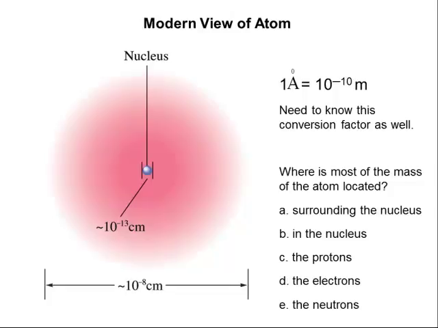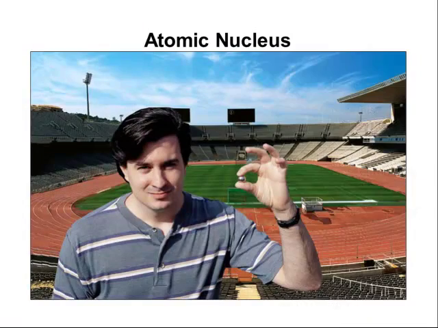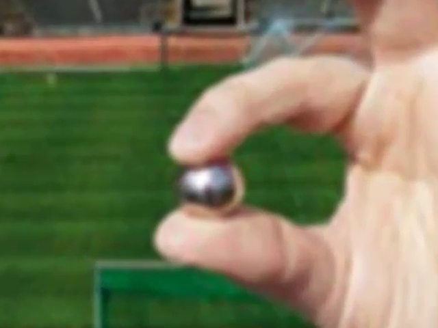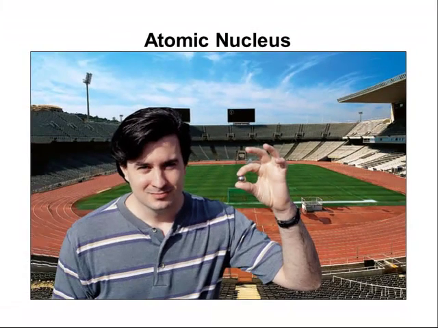To give you a relative idea, or something to think about, if you take this small ball bearing and put it in the middle of this large stadium, the ball bearing would be the nucleus, and the outer part of the stadium would be the edges of the atom, to give you a relative scale of what's going on. But now picture taking all the mass of that stadium and putting it inside that ball bearing and then making everything else mostly empty space.